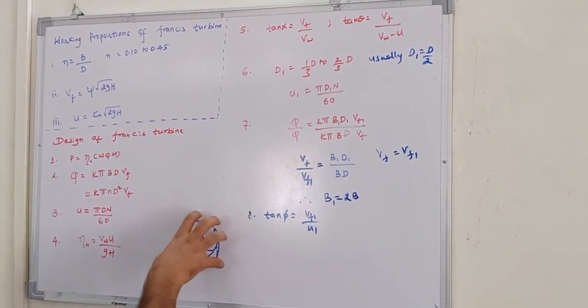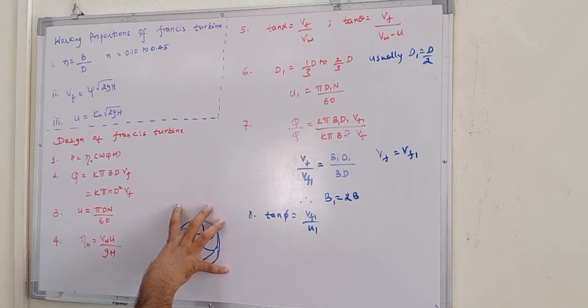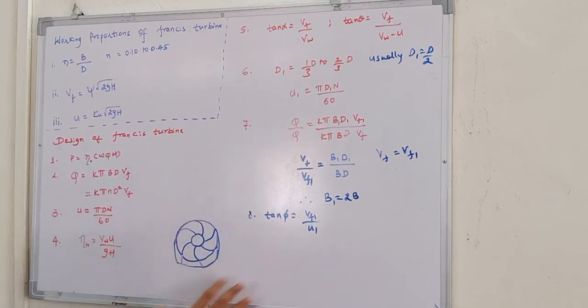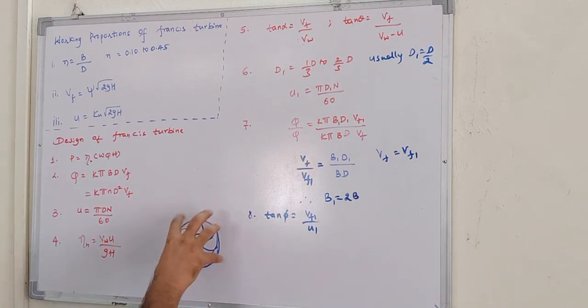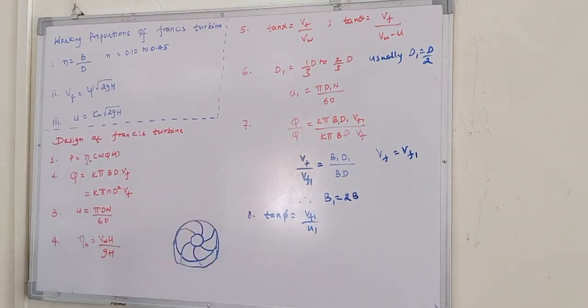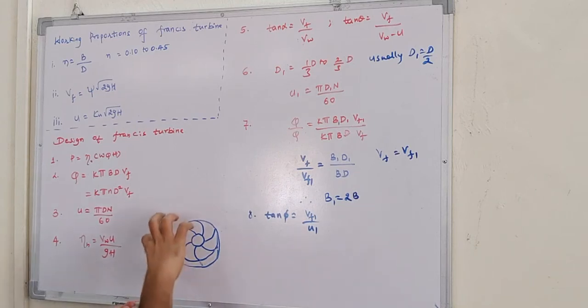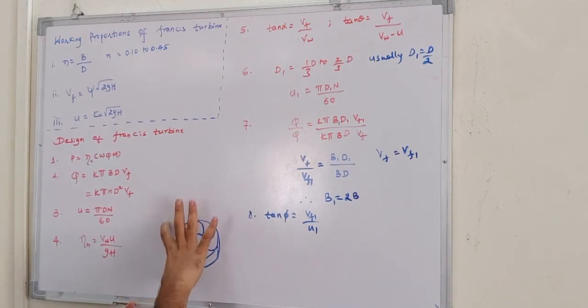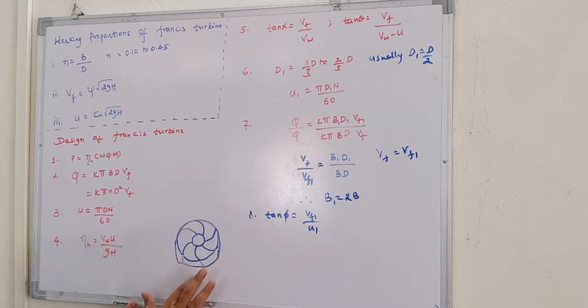There is a runner. Outside the runner there are guide vanes, and the guide vanes are covered by the scroll casing, and the scroll casing is connected to the inlet pipe. Now we are interested in understanding the components of the runner. Guide vanes are static vanes; they cannot be shifted or changed. As the name itself suggests, they guide the water inside the runner. There is a set of vanes formed outside the runner, and those guide vanes guide the water inside the runner.